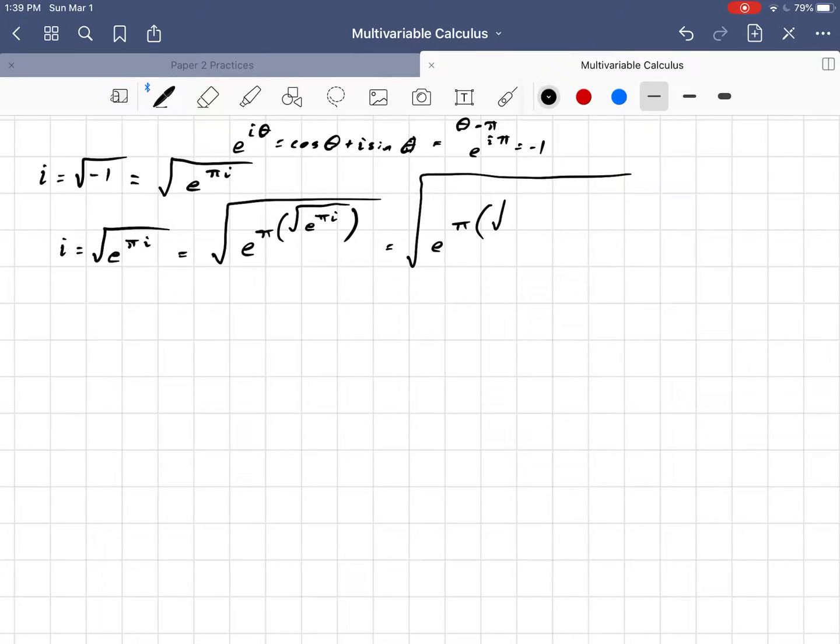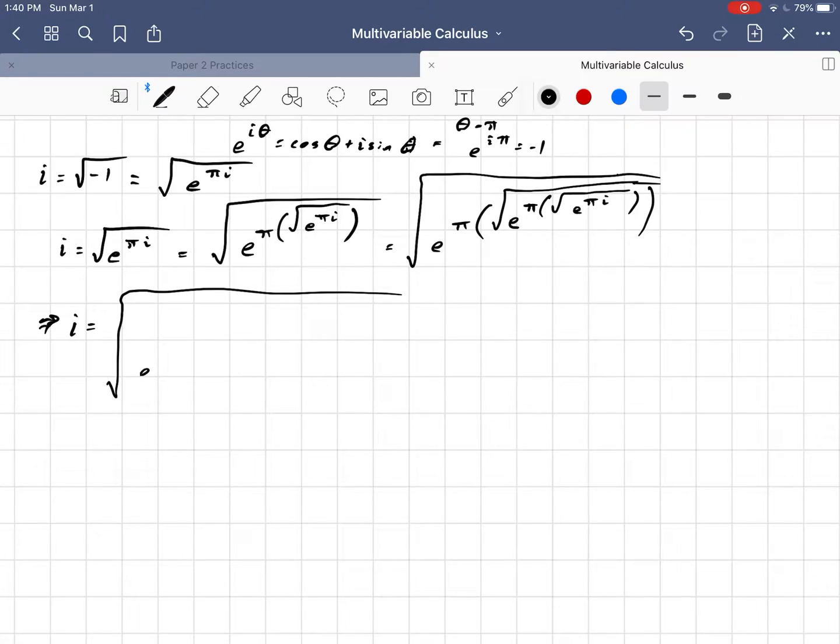I can make it e to the pi times the square root of e to the pi square root of e to the pi i. I think that's all the parentheses. But then I could do it again, right? And so if I were to do it ad infinitum, ad nauseum, I would get that i is a big square root